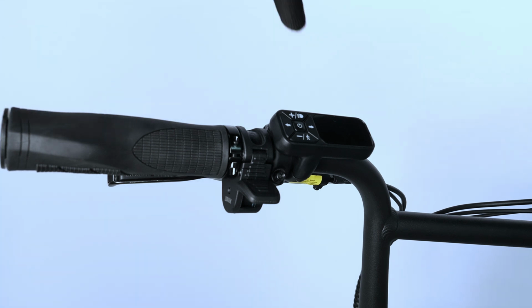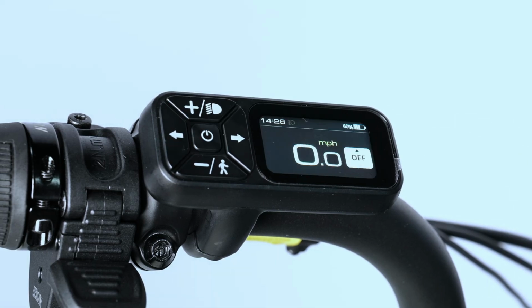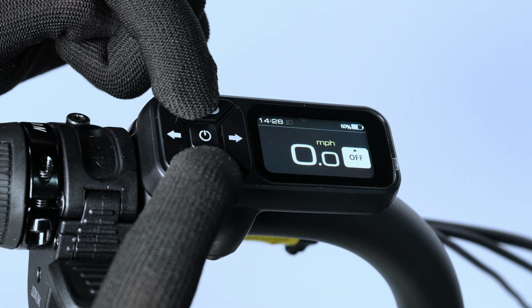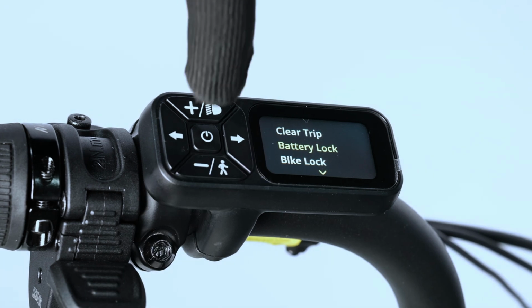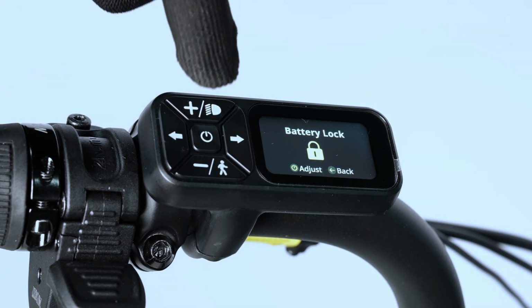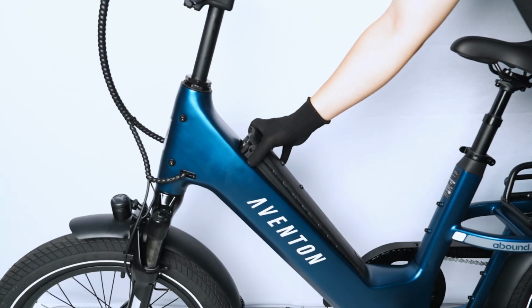Press and hold the center power button to power on the bike. Hold down the plus and minus buttons simultaneously to reach the settings menu. Press the minus button to scroll down to the battery lock option. Press the center button to select the battery lock page and then press it once again to unlock and eject